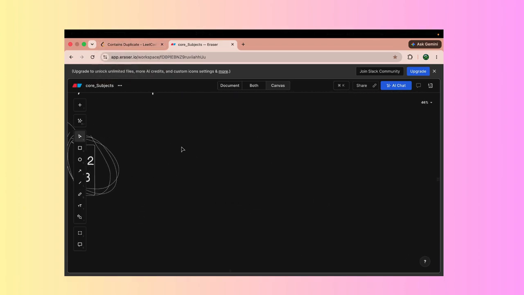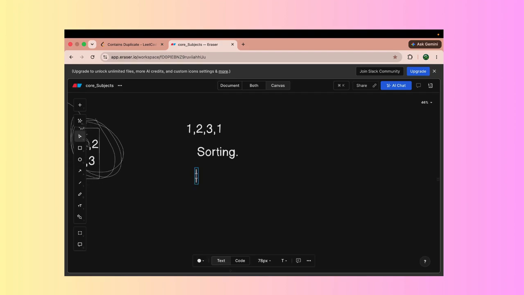The second approach which we can do, if I have 1 2 3 1, is sorting. Why sorting? Because when I sort these elements, it will be 1 1 2 3.